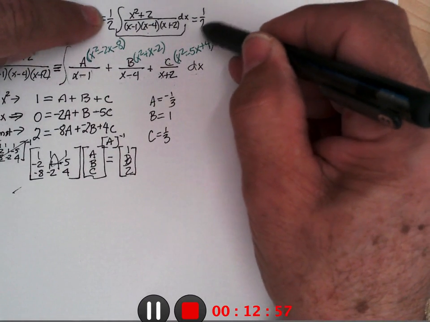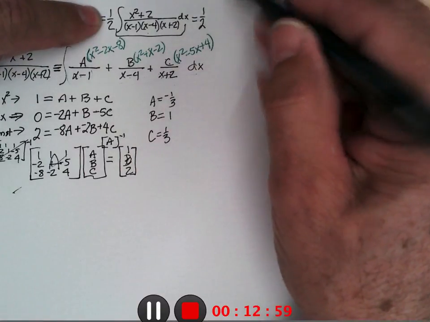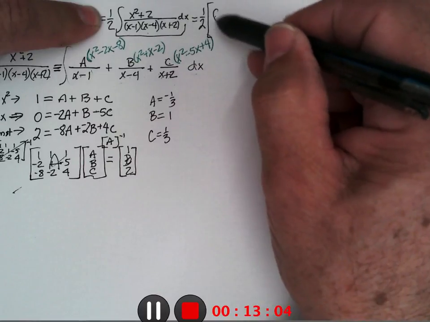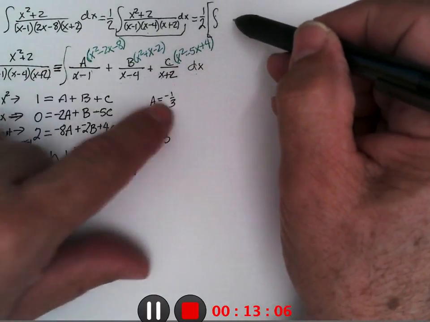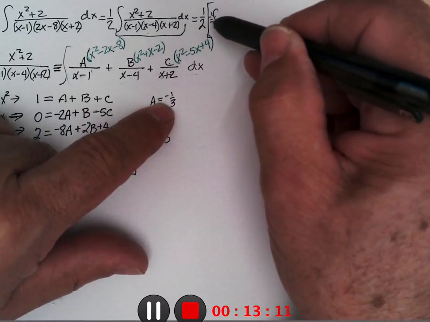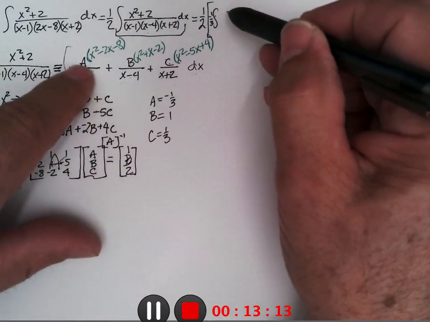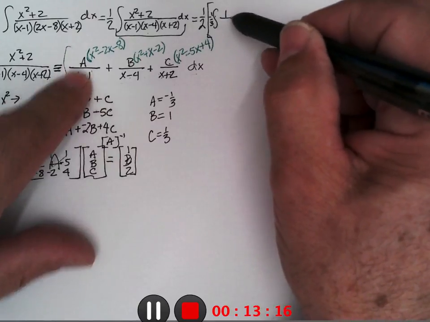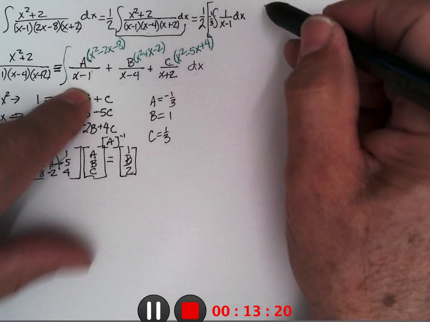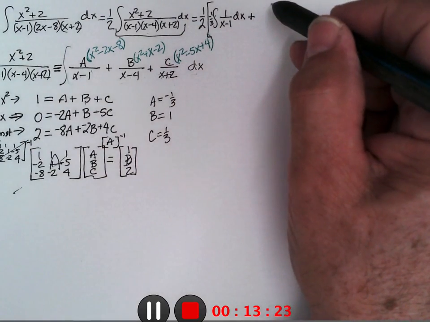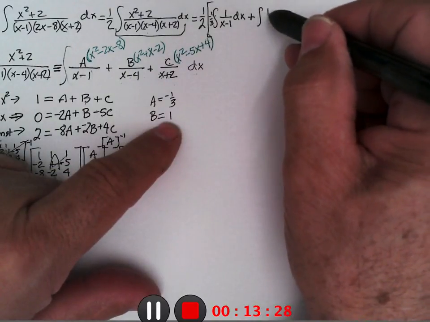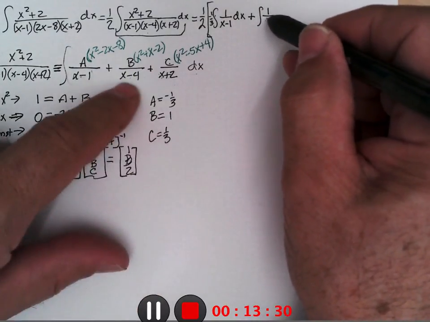and then I have the integral, I'll write all this out here, the integral of A, let's see, that's minus 1/3, which I could pull out, minus 1/3, and then that would just leave a 1 there, 1 over x minus 1 dx, plus b was 1, so if I pull it out, it still looks like 1 over x minus 4 dx,